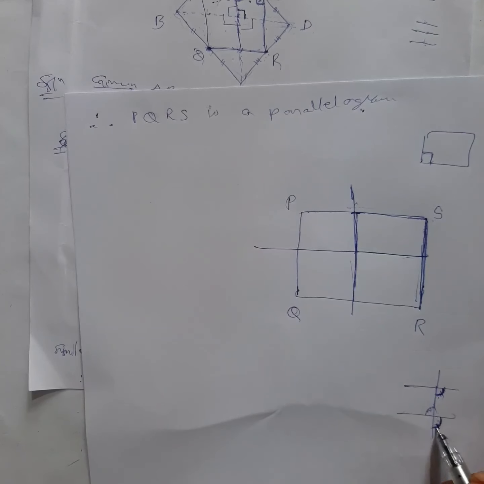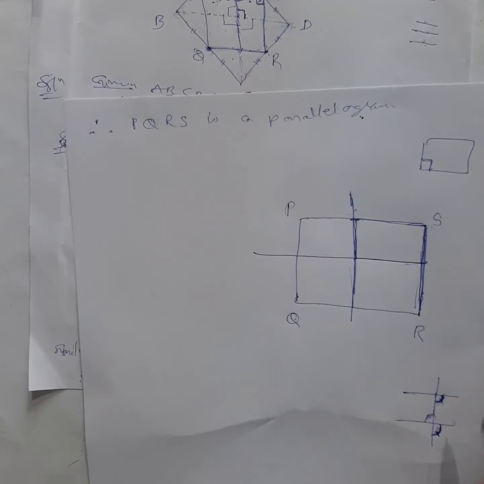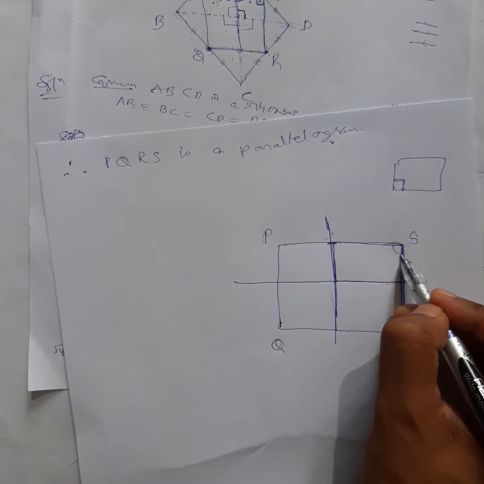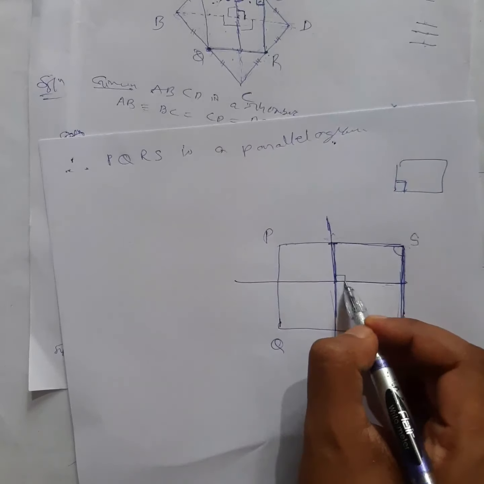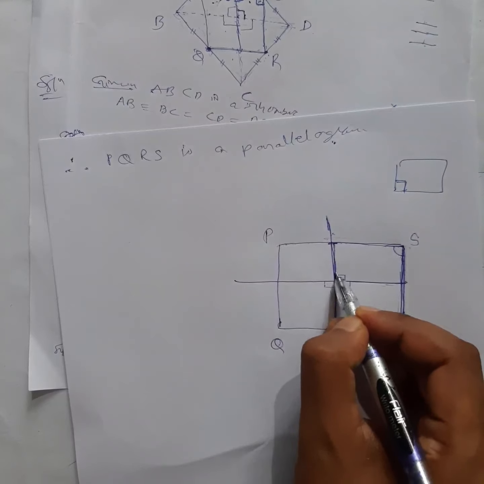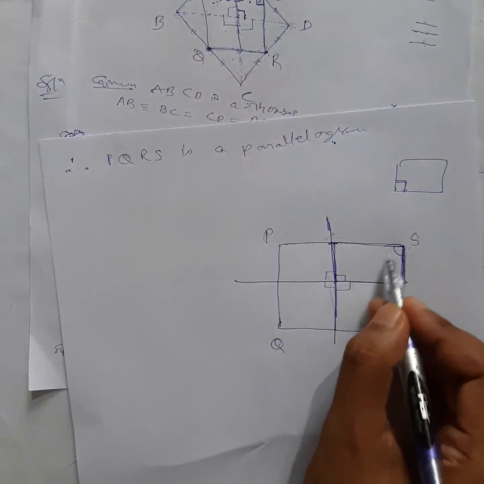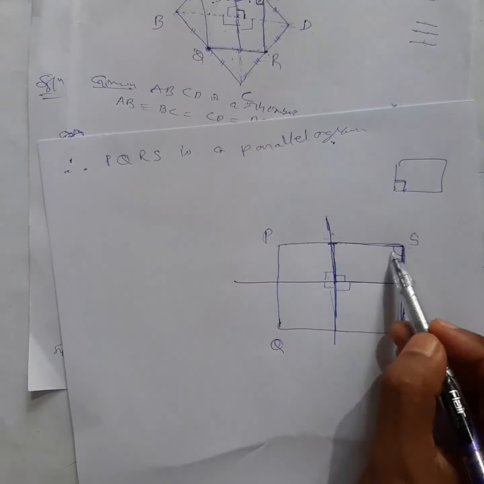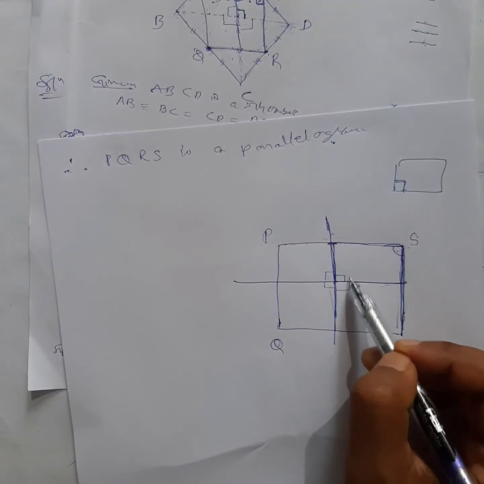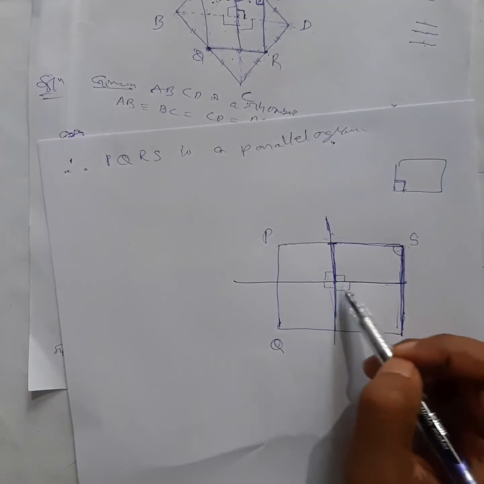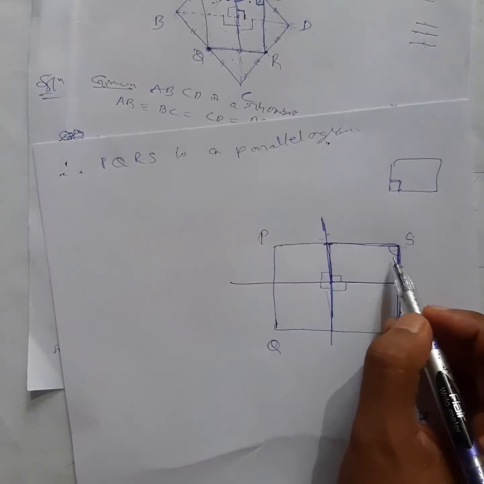So obviously if this and this are equal, then this and this are also equal, I can say. Those who don't know that these two are equal, you can do it like this also: alternate angles are equal first, then you can see these are vertically opposite angles. That's why these two angles are also equal. So I have to show this is 90 degrees, right? And we know that this angle, this angle, this angle and this angle are 90. So with the help of this only I will show this is 90 degrees. So how? See here. If I can show this angle equal to one of these angles, then the problem is solved, right? So see what I will do.